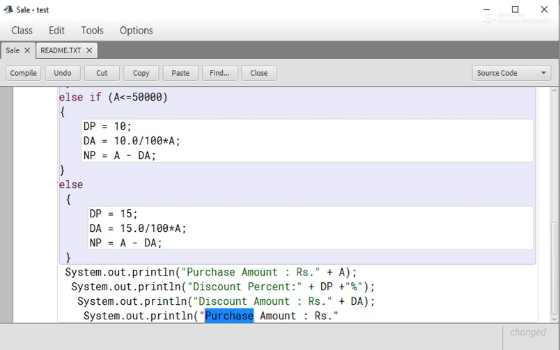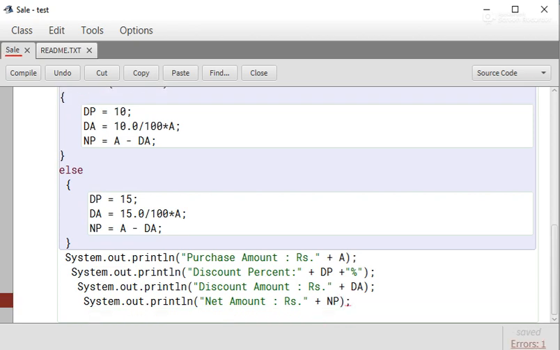After that, one more thing, that is the net payable amount. Net amount Rs plus, where is our net amount calculated? In NP. So right here NP. These are the outputs.